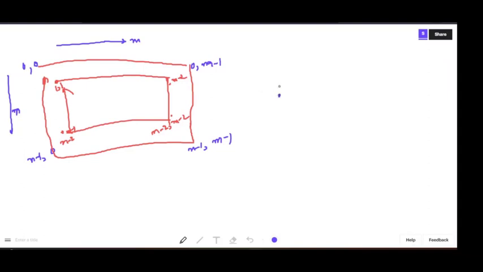Suppose we have an index x, y, and we go all the way to x. So we are iterating in this axis. We are going from y to m minus 1,